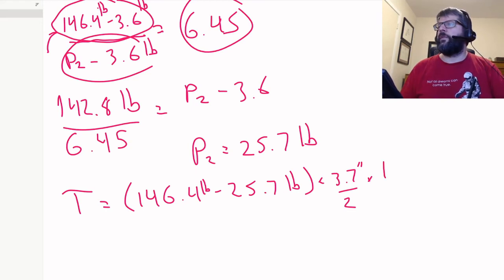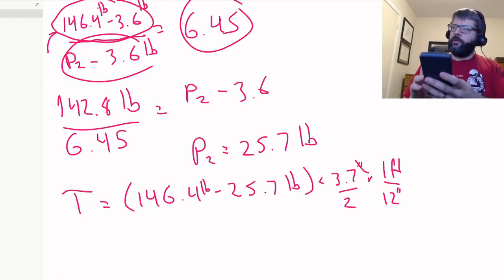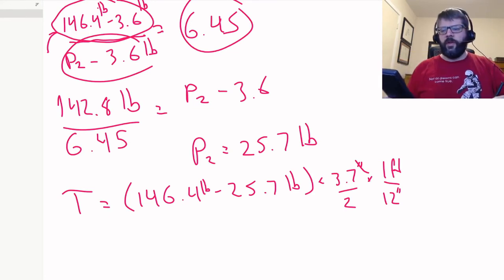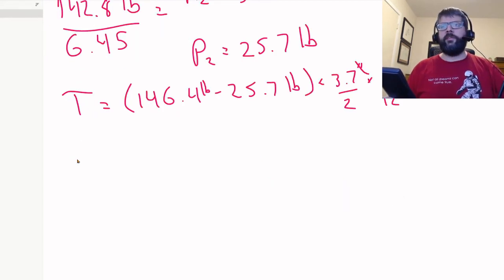So 1 foot per 12 inches. Inches cancels out, obviously. So that leaves us with a maximum torque without slipping of 18.6